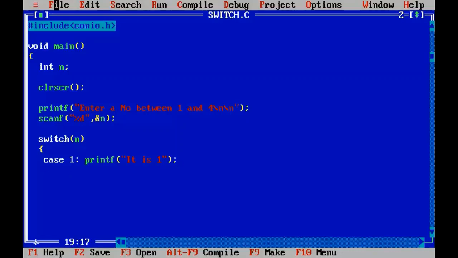And I will put the break statement here. Case 2: it is 2.